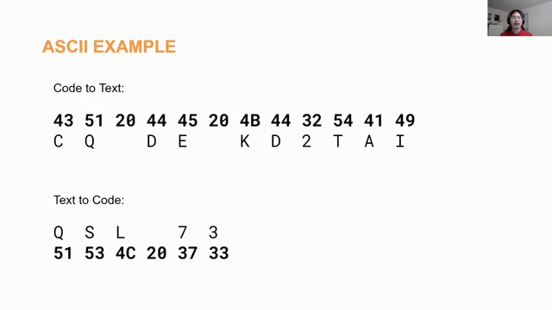And it works the other way too. The mechanism is fairly similar. So you look at the capital letter Q, and oh, good, we just learned it. It's 51, right? Then you go for S, 53, C for C, space is 20, and so on. This is usually, and very efficiently, done by computer. But just in case you want to do this by hand, this is still doable, because the next step, we are going to transmit pictures, which would be a lot more information containing just a very small